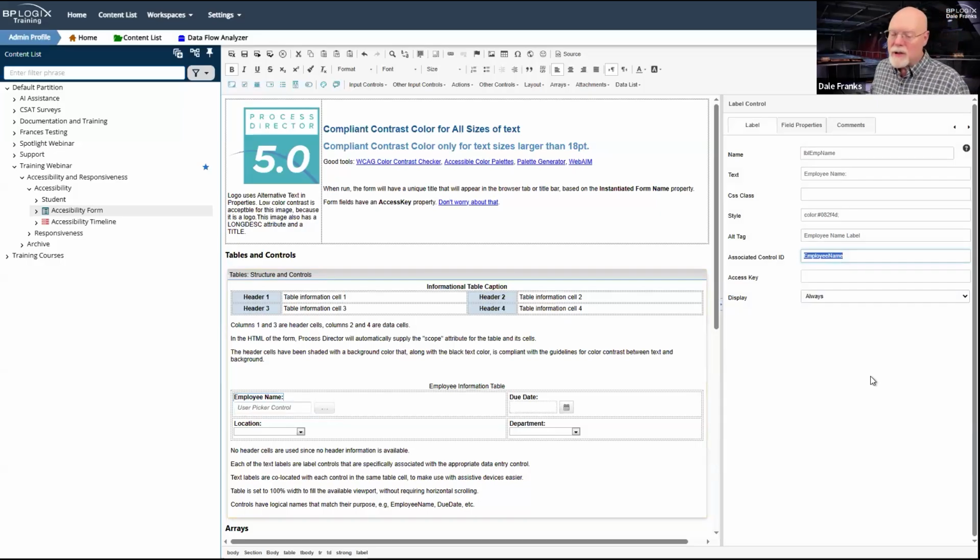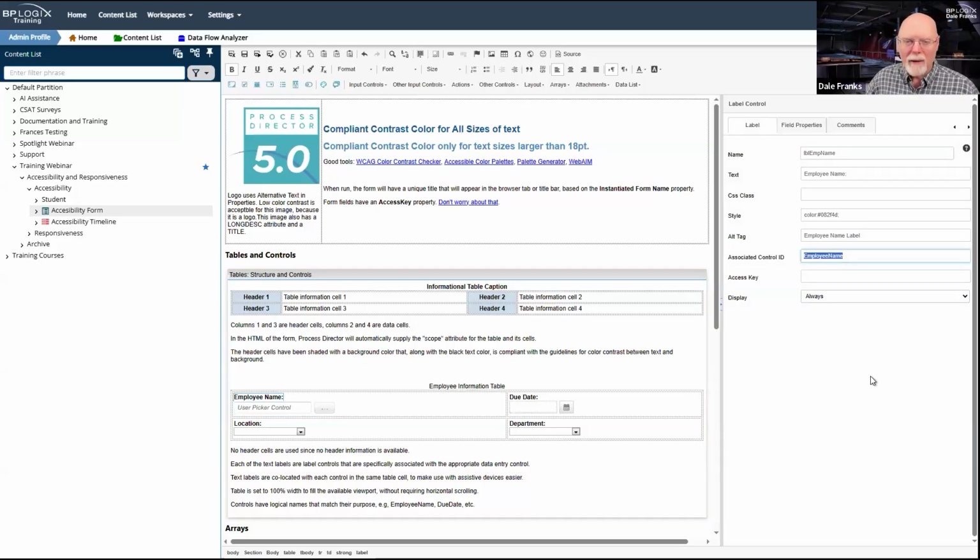So whenever you're designing forms in Process Director, every form control has to have its own label control that is associated via the associated control ID property with the form control. That's just an accessibility requirement.